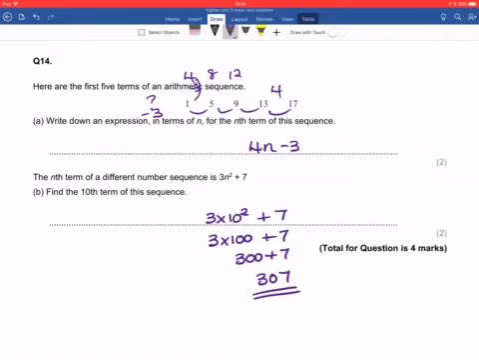Okay, so now do your corrections of the ones that you got wrong on test 2B, which is